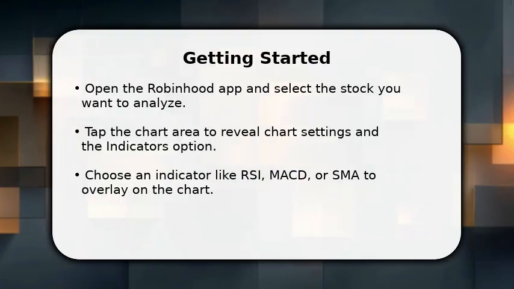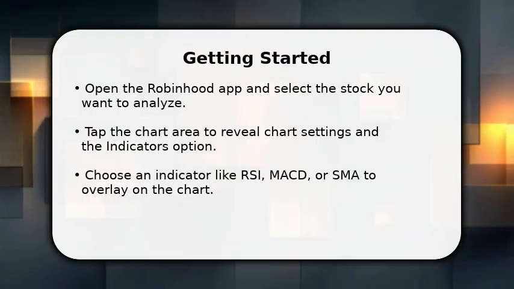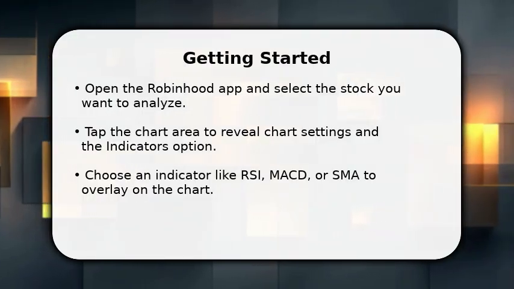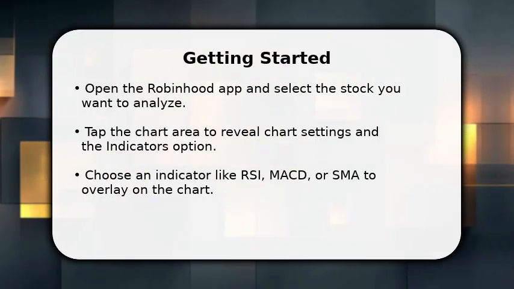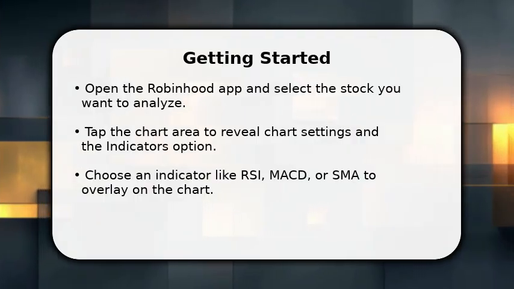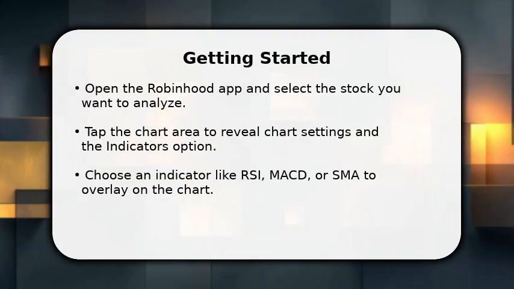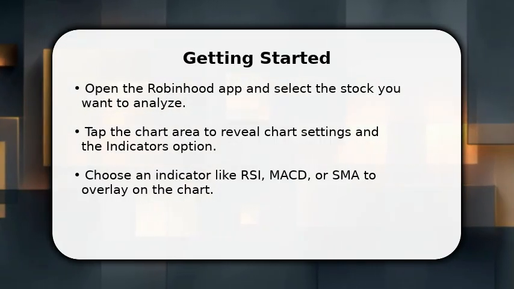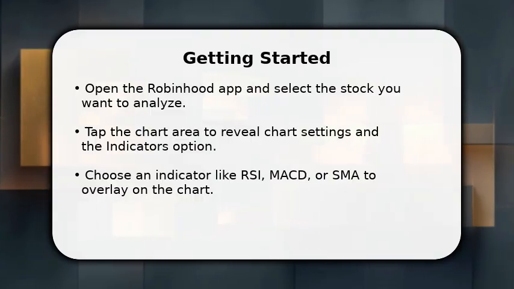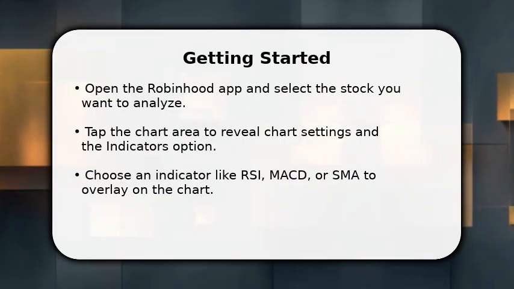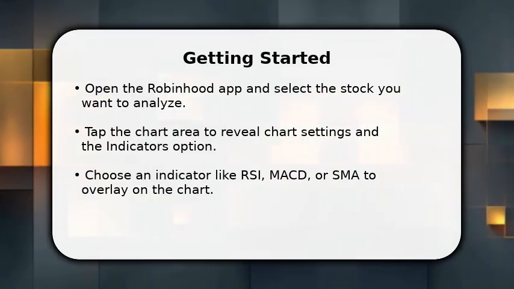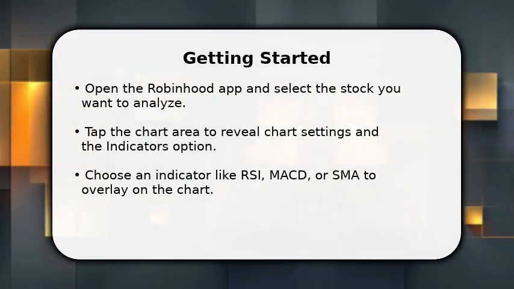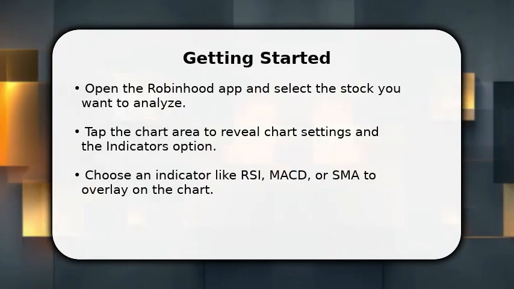In this video, I will show how to use indicators on Robinhood Easy Guide. Open the app and select a stock, then tap the chart to access chart settings. Choose indicators and add MACD, RSI, or SMA to start seeing momentum and trend direction. Adjust timeframes and parameter values to match your trading horizon, and practice combining two complementary indicators to improve signal reliability